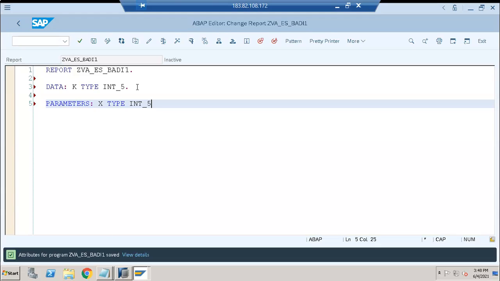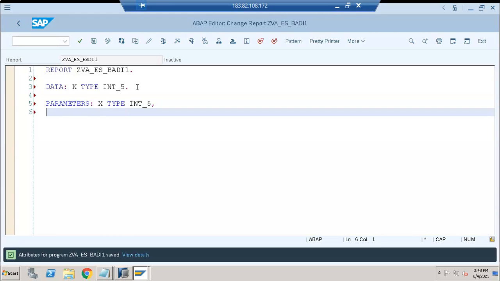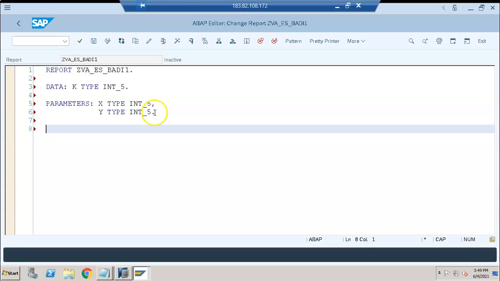This is an SAP standard data element. Now these are the parameters. We have the parameters, and now we'll go ahead and